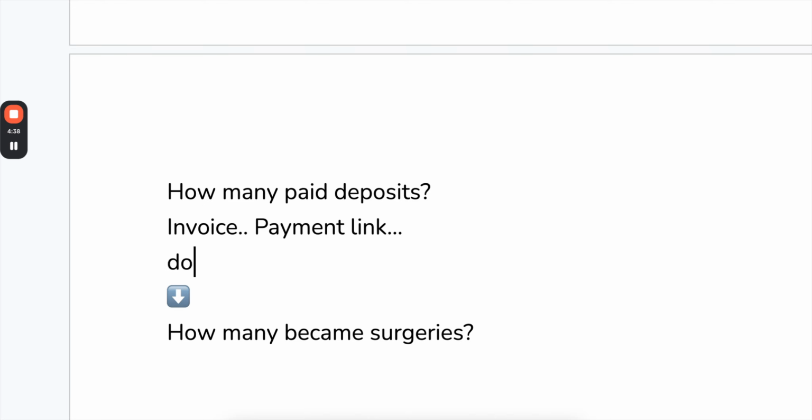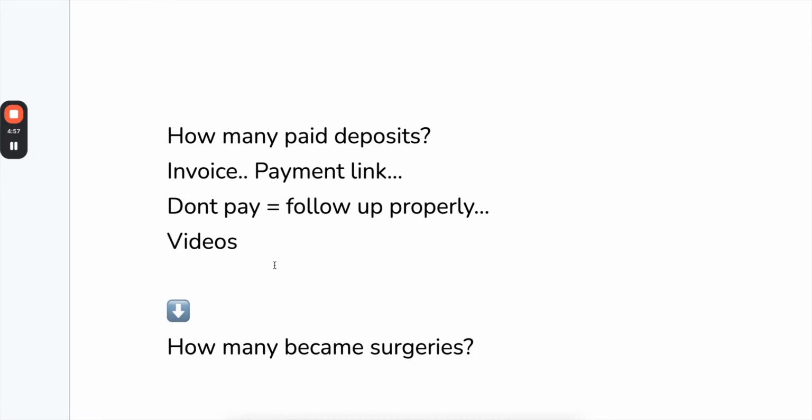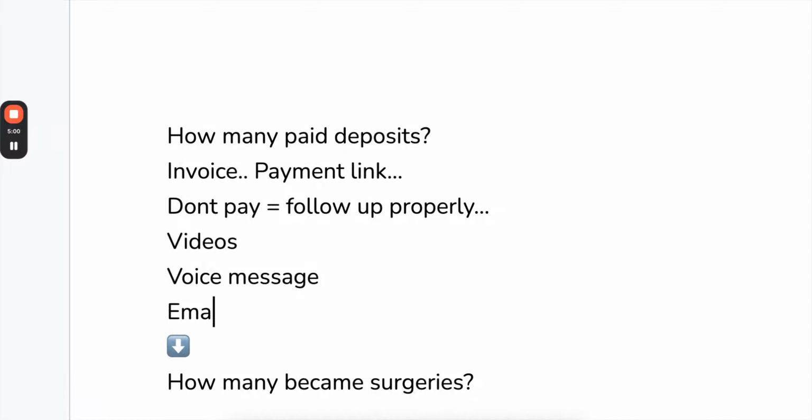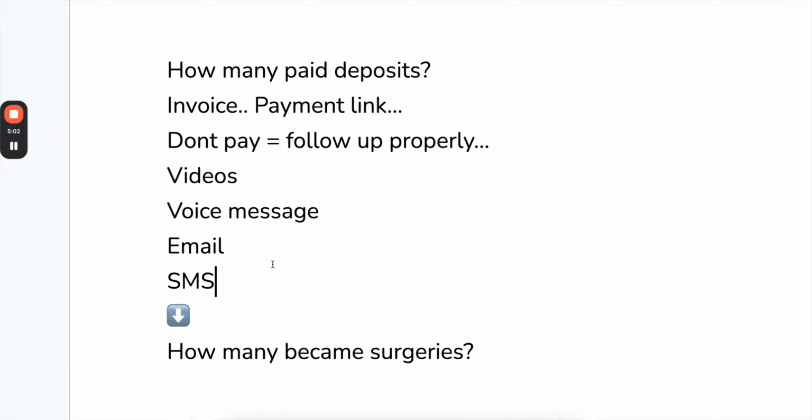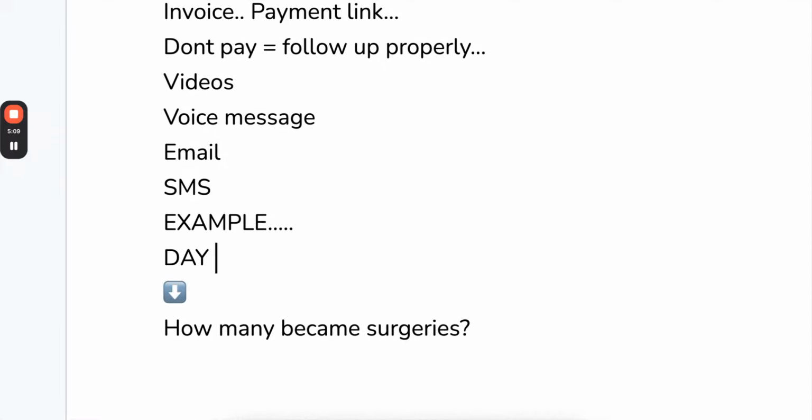But if they don't pay, then you need to figure out how you're going to follow up with them. You need to follow up with them properly, because what you're looking for is money. You're looking to take a payment from them. So you need to follow up in different ways: with videos, voice messages, email, and SMS, and it's going to be done on different days. For example, and this isn't actually what to do, just an example, the day one follow-up will be sending them